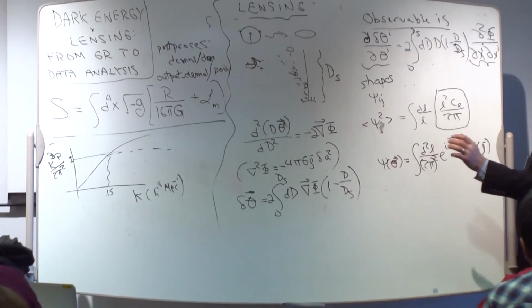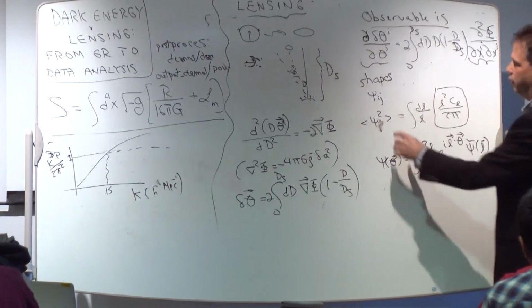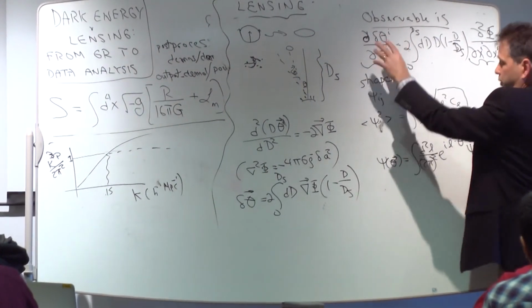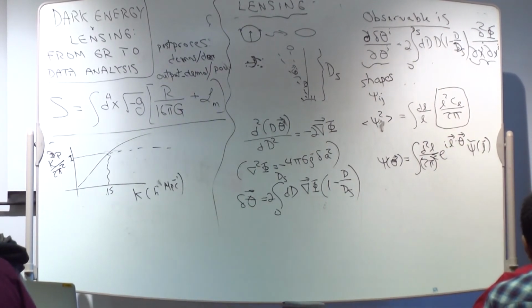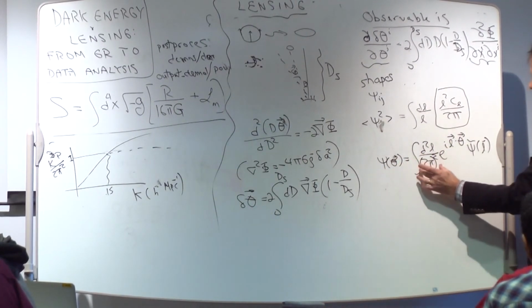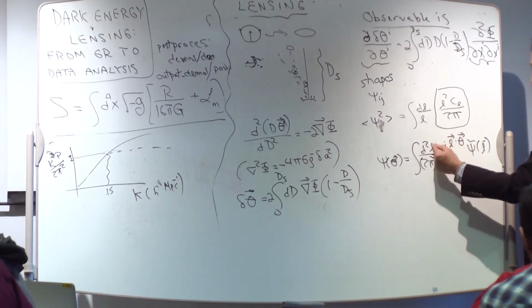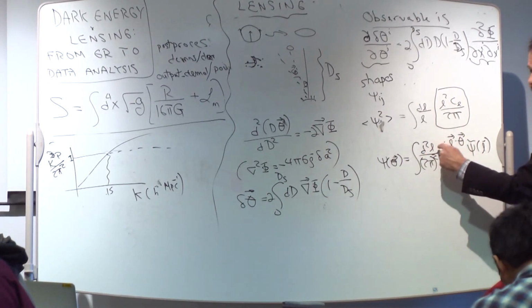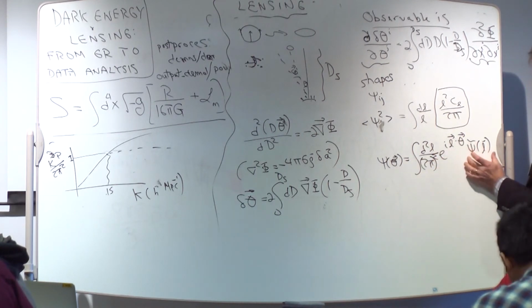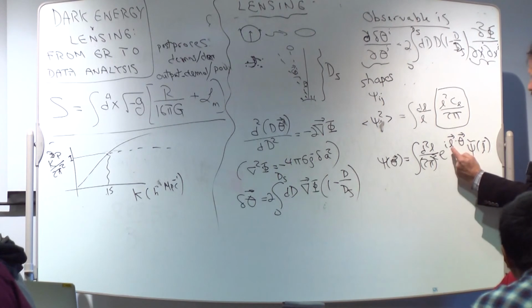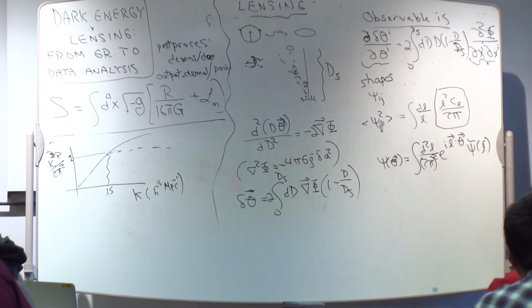So it's exactly the same thing. We Fourier transformed the field. Before it was the delta field. Here it's this distortion tensor, which is going to be a measurement of shapes. We Fourier transform it in terms of angles, because it's angles on the sky. So this is the Fourier transform. Again, the L plays the role of k. Here it has dimensions of 1 over angle, or 1 over radian. So d2L, e to the i L theta, psi L, in the Fourier transform. So just like in the k case, large L corresponds to structure on small scales, and small L corresponds to large scales. Good question.